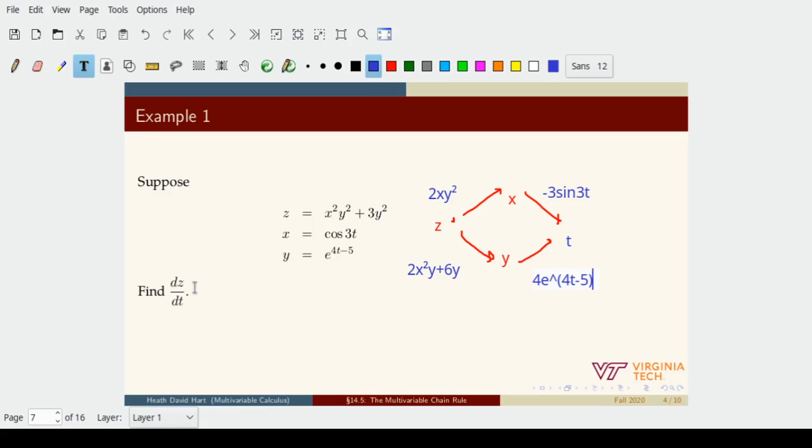And then what we're going to do is multiply along the paths: 2x y squared times negative 3 sine 3t, and then add the paths together. So that's the first path from z to t, and then this is the bottom path from z to t: 2x squared y plus 6y times 4e raised to the 4t minus 5. And this answer is correct,